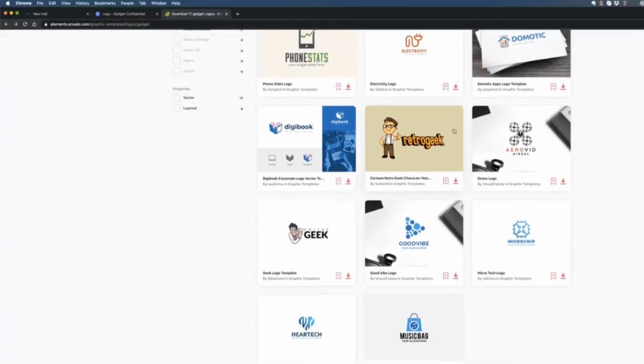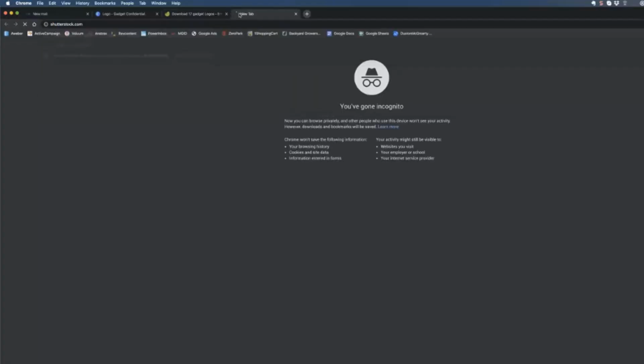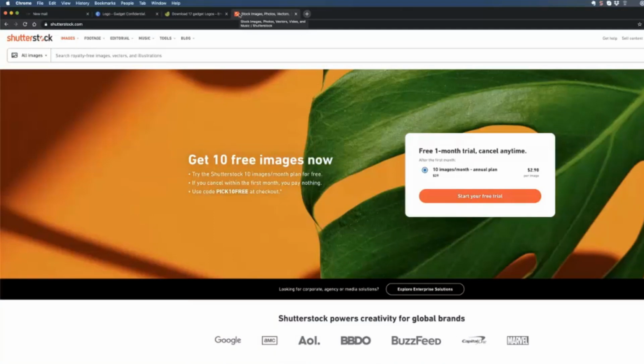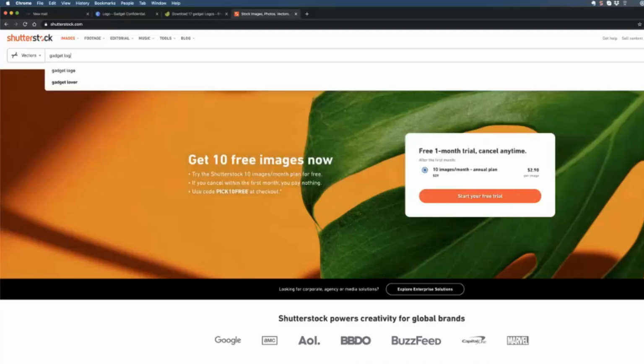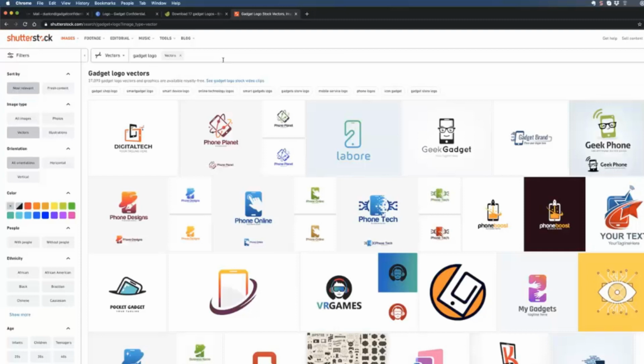So that's one place I get logos from, and then the other place is Shutterstock. Most people just think it's photos, but if you click right here and go to vectors, and I'll type gadget logo, 37,000 gadget logo vector results. So again, this is another place where you could spend hours, not necessarily wasting time, but you'll lose track of time very quickly if this is something that you enjoy like I do. But it's the same deal as Envato, where you basically just download this exact design file and